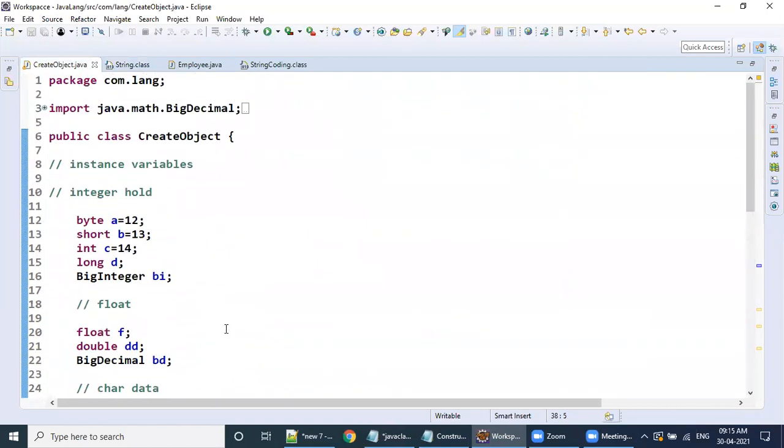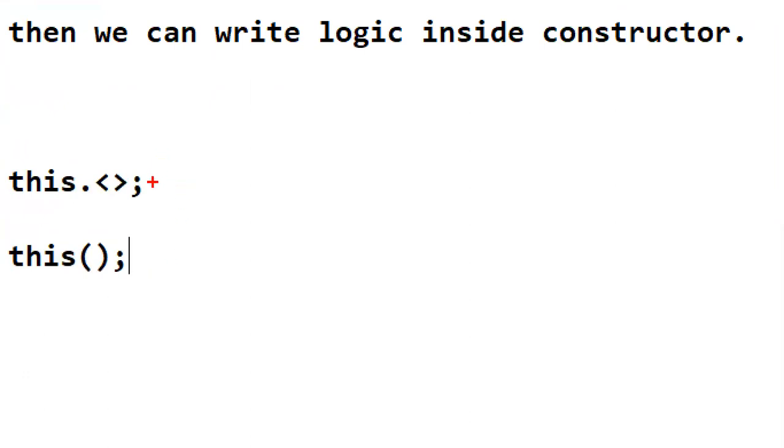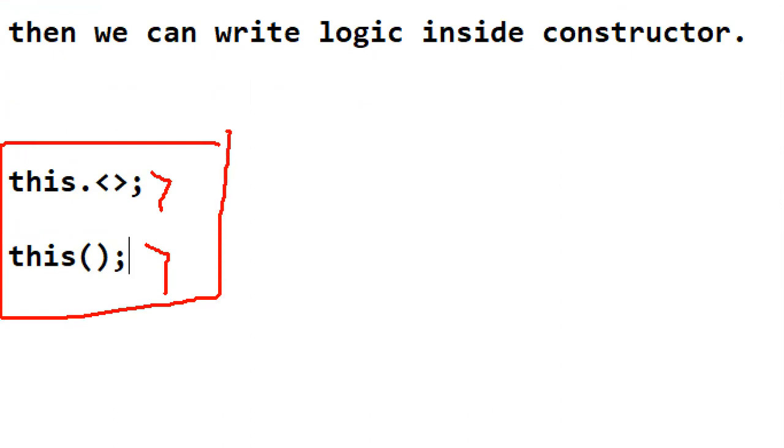Second point is I want to discuss the this keyword. this dot. There are two forms of this. Wherever you see, these are two statements, right? Now we can say this dot something here. Sir, why can I call this a statement? Come on, tell me, what is a statement in Java? Anything that ends with a semicolon, we can treat as a statement, or not?